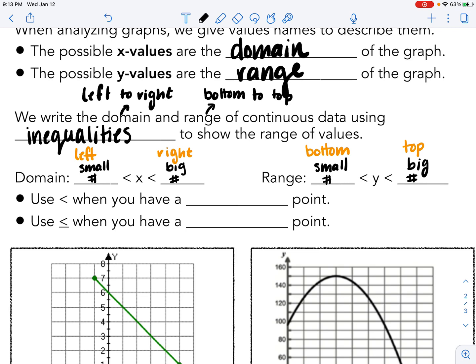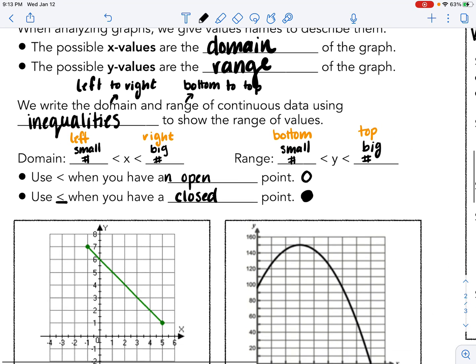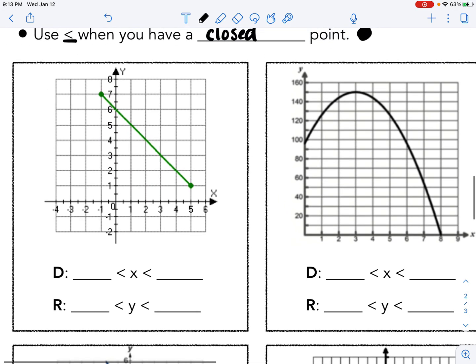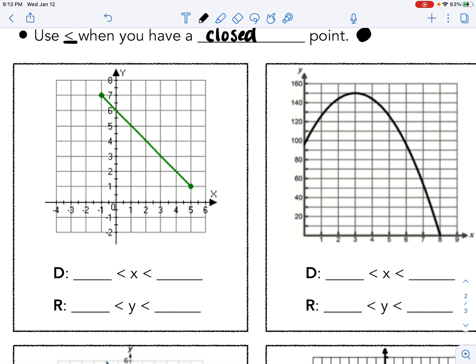When you see this less than symbol, you're going to have an open point, right? It's going to look like this. It's going to be an open circle. When you have the little line underneath, it's going to be closed. That little line underneath means you're going to fill in the circle. Okay, so for example, if I'm starting with